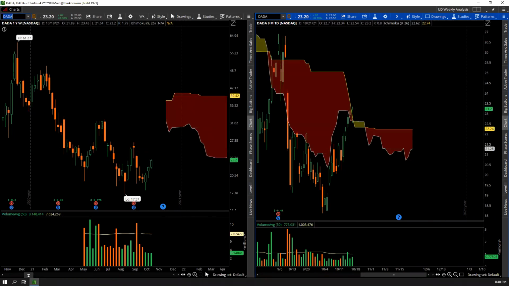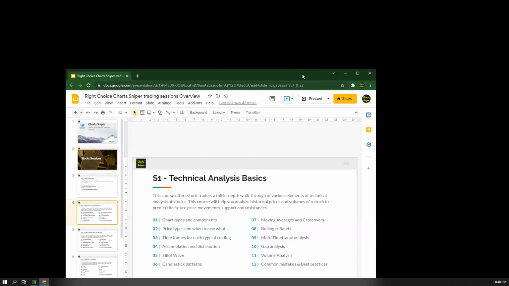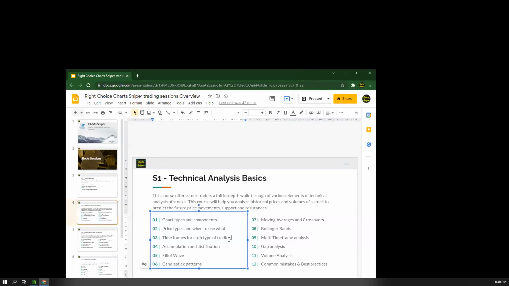Someone was asking me about day trading and swing trading. Those are some things that we discuss in depth. I mean, it is probably out of scope of this session, but I can show you the time frames for each type of trading. In the first session of the course, I'll be discussing that kind of information. Okay, so